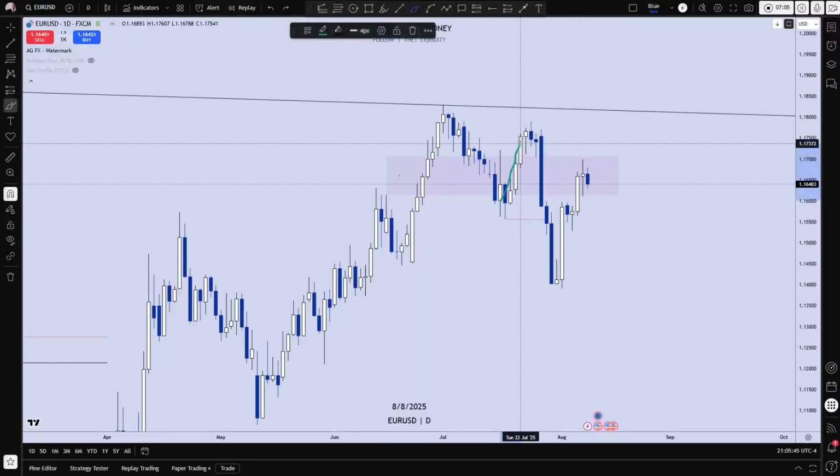Remember? But it failed to make a new high. That means this is a weak low because it failed to make a new high. That means it becomes liquidity. All right. And price came down and